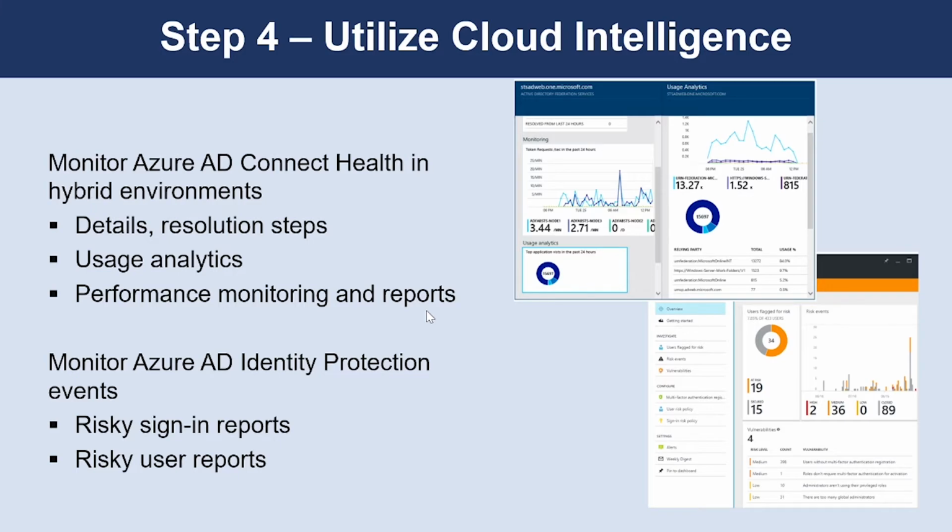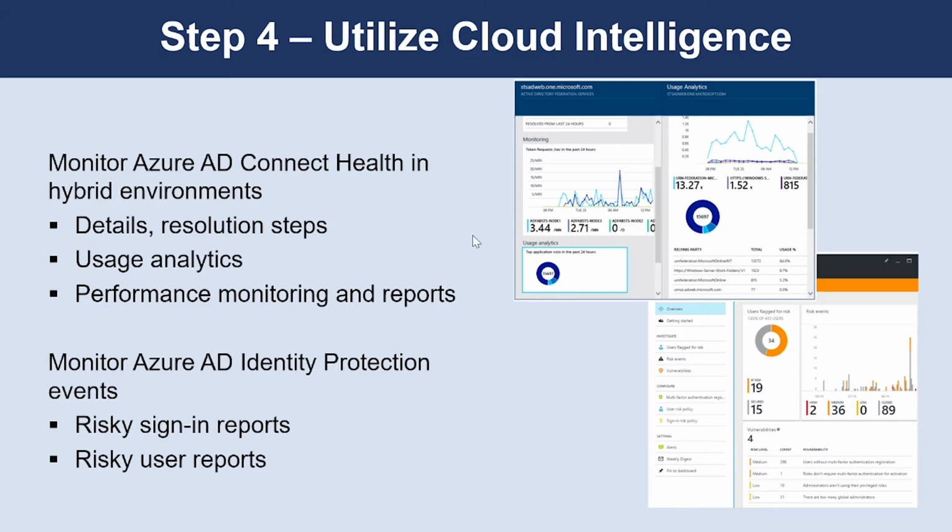Step 4 is to utilize cloud intelligence. Auditing and logging of security-related events and related alerts are essential components of an efficient protection strategy. Security logs and reports provide you with an electronic record of suspicious activities and help you detect patterns that may indicate attempted or successful external penetration of the network and internal attacks. You can use auditing to monitor user activity, document regulatory compliance, do forensic analysis, and more. And alerts provide notification of security events.